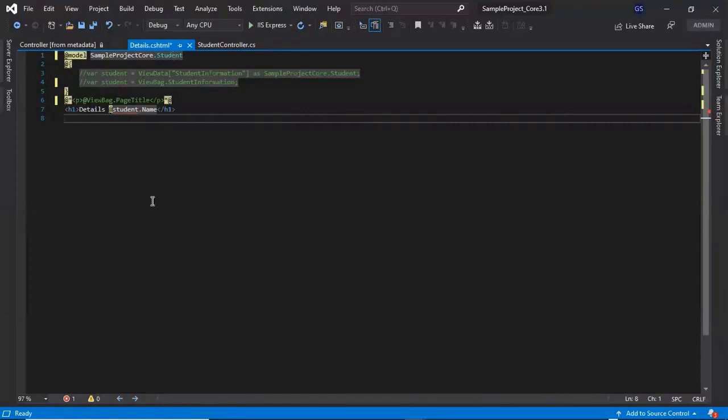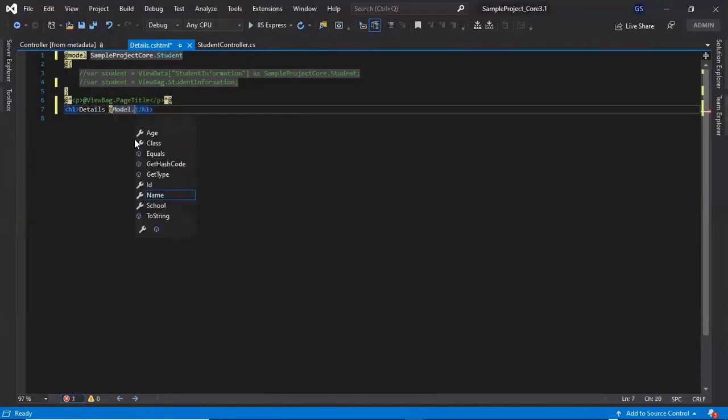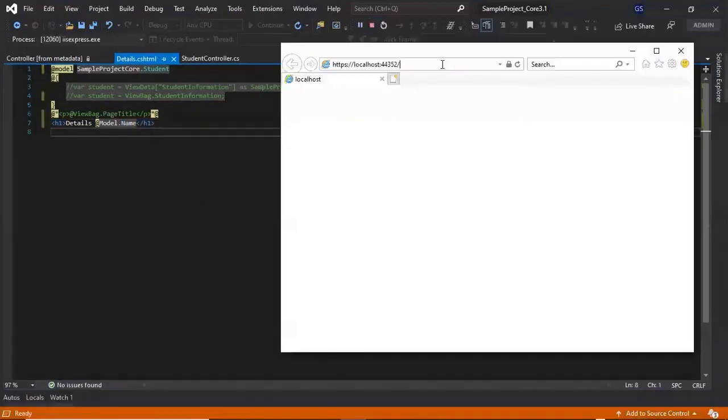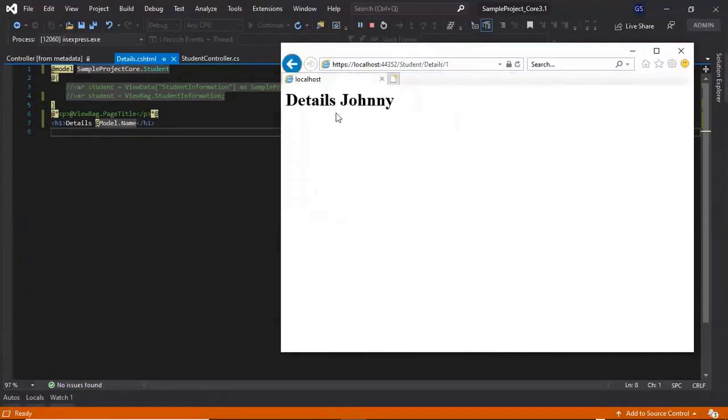After this change, we can access the model properties with the help of @Model, where the M should be capital, then dot, and if you press the dot, you will get the properties of the Student class. In this case, we require the Name. Let's run and navigate to student/details/1. Look, we are getting the student name data.